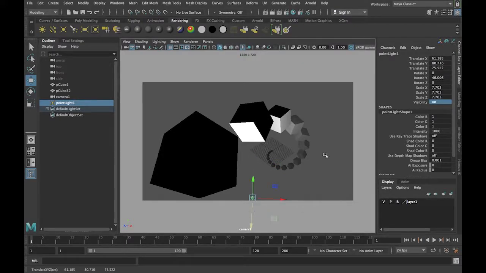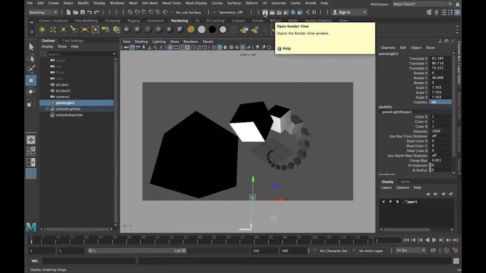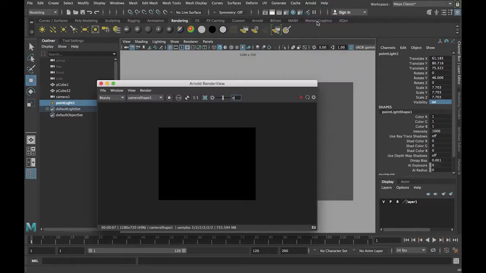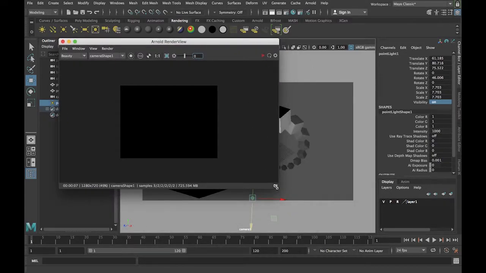Okay, I want to talk about a couple other lighting objects that we can put in our scene. Also, we've been test rendering our scene in this render view, but Arnold has its own test renderer, which if you go under Arnold tab here, you can go to Arnold Render View, and this pulls up an interactive